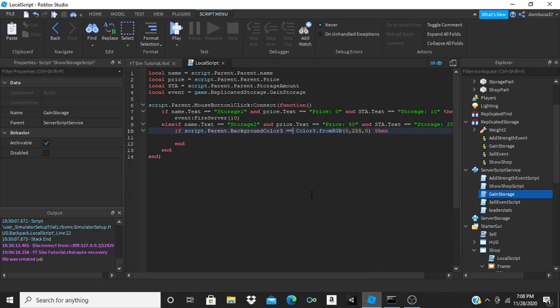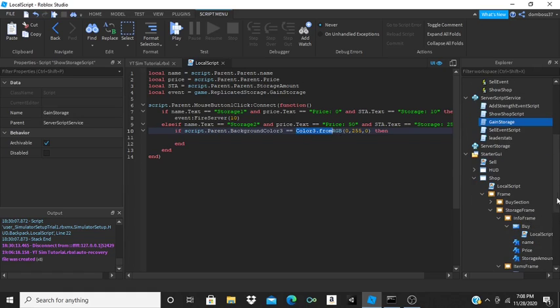Make sure you use two equal signs, so equals equals, if you want to call it that. We're just going to check if it's green, and if it is green, because remember when we clicked on the button, we either set it to green or red, depending if they have enough money or not. So if it's green, then they have enough money. So basically what we're going to want to do is,